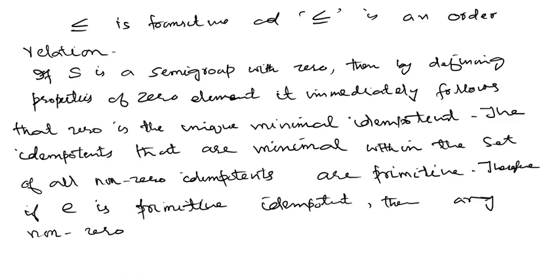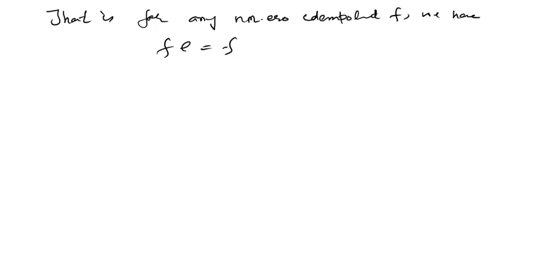there is no idempotent f which precedes e, okay, so then for any non-zero idempotent f with f related to e implies that f should be equal to e. तो कोई भी idempotent f which precedes e, अगर कोई ऐसा होगा then that should be equal to e, so that is for any non-zero idempotent f, we have fe is equal to ef is equal to f, this implies that f is equal to e,